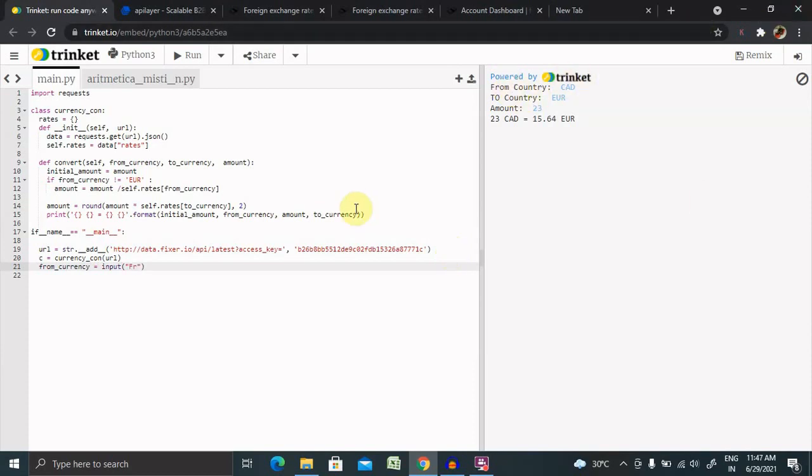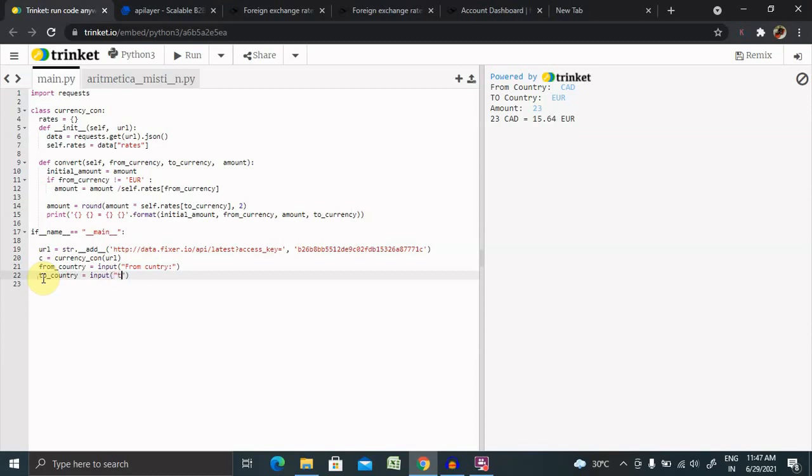So from country, and here next to country, then 2 underscore, equal to input.